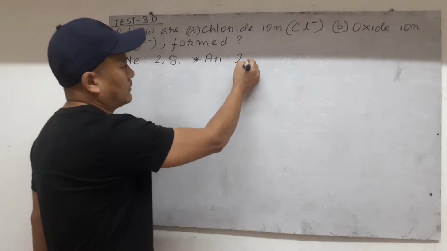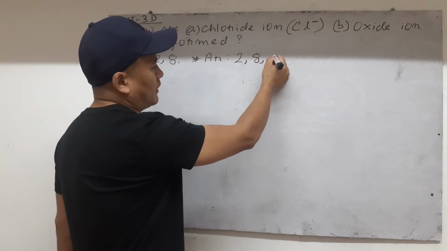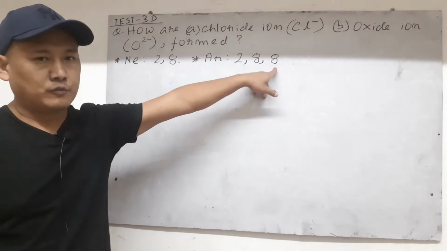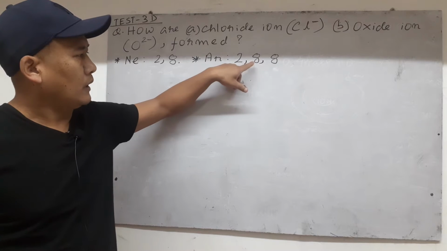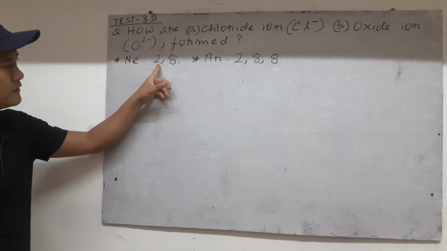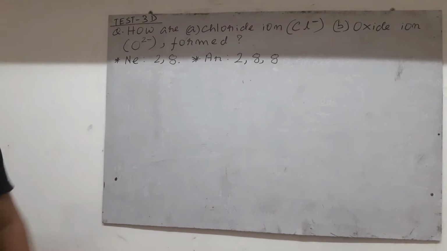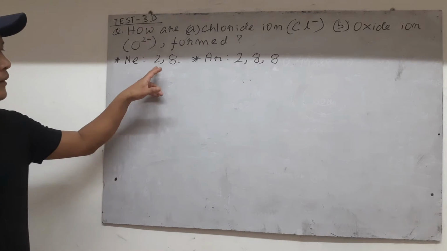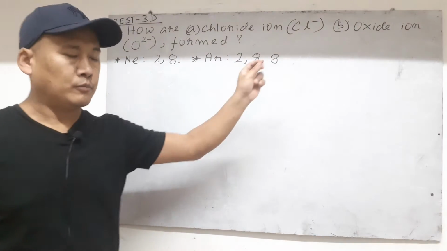So first shell 2, second shell 8, and third shell is therefore 8. The outermost shell is 8 according to the Bohr-Bury rule, so it is a perfect arrangement: 2, 8, 8. In neon, 2 in the first shell, 8 in the second shell. So these are the two noble gases. Let us keep in mind these numbers show how many electrons are arranged in each shell or orbit of